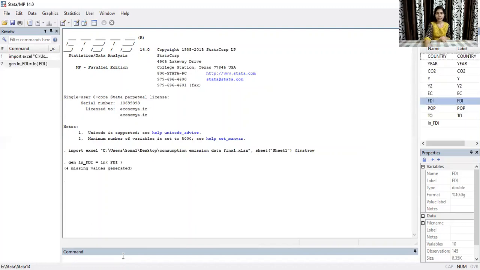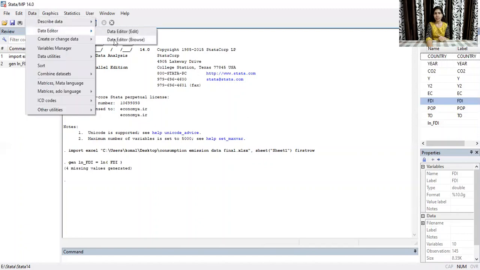Now click enter. Now you can see here in the variable description, a new variable has been added, which is log of FTI. Now, if you want to have a look at the data set, you can again go to Data Editor and Data Editor Browse.